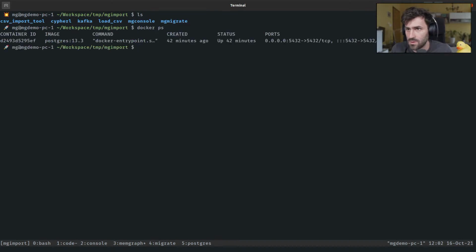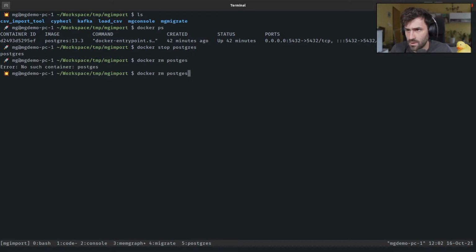Docker ps. We don't need Postgres anymore. So docker stop postgres, docker rm postgres. Okay. And yeah, docker run minus id minus rm. Oh, sorry. Network host minus p